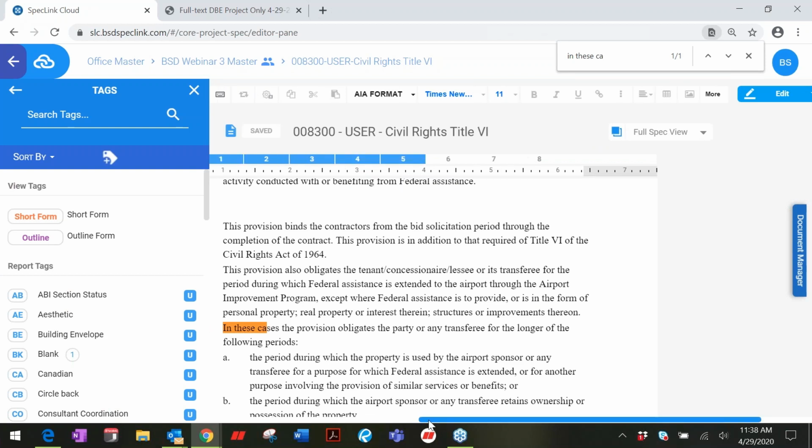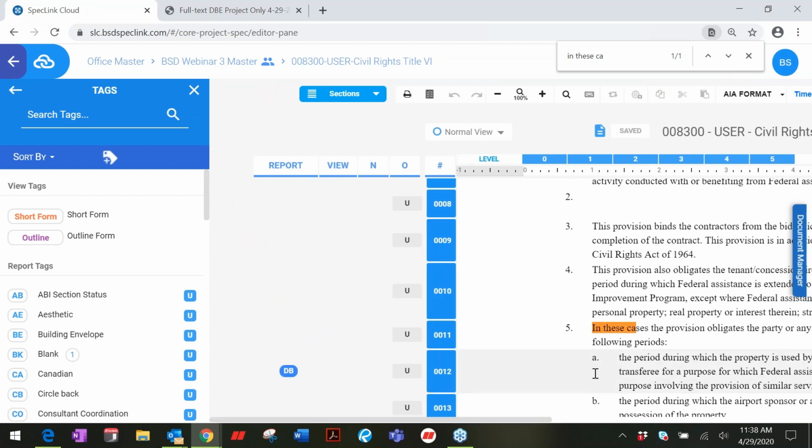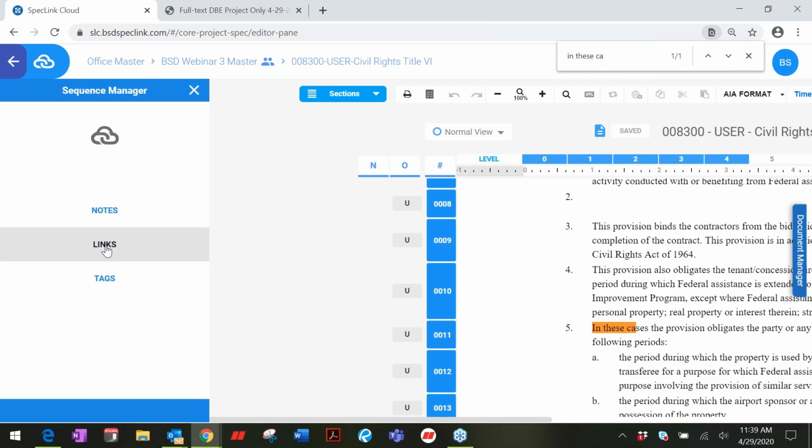Find the place that is tagged. Okay, so this paragraph is tagged DBE. I can either make that be not DBE if it was included as an error, or if it is included correctly, I go back here